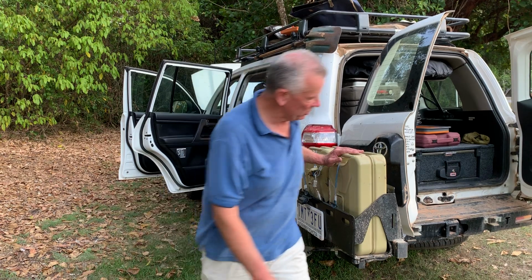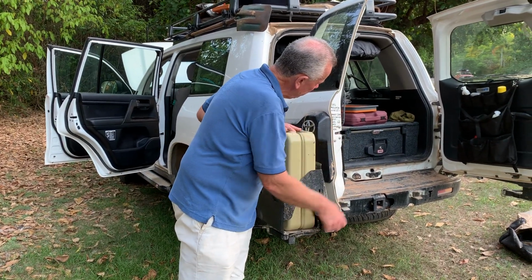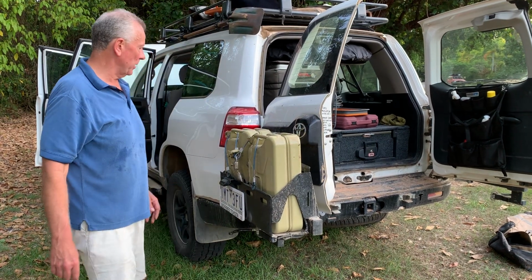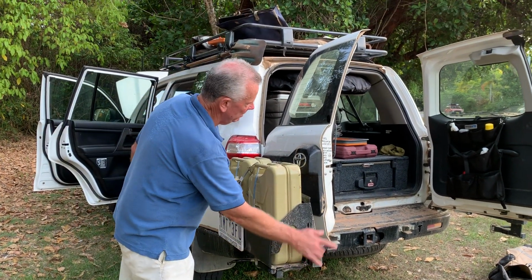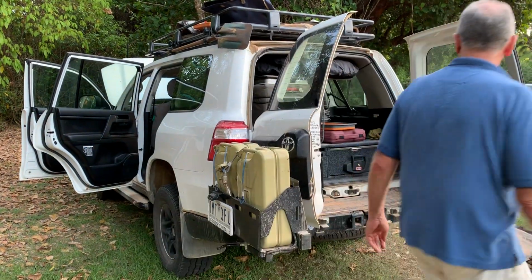And that just swings off the back here. I keep a spare key in here, so that if something happens to the car or you drop the key, then always exit from here. Codes are on the back here, I keep that. And then into the back of the car,